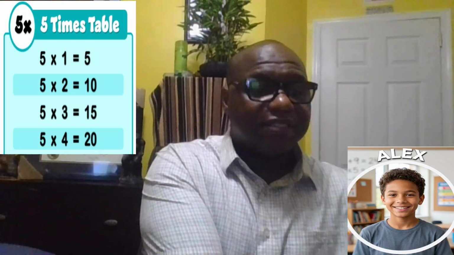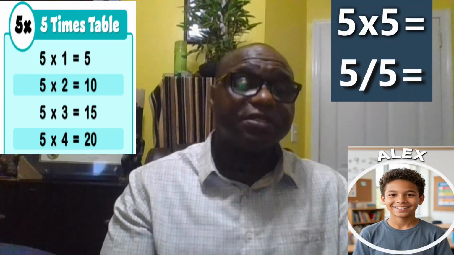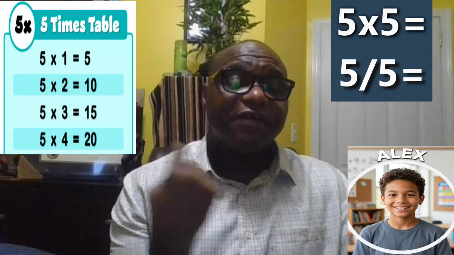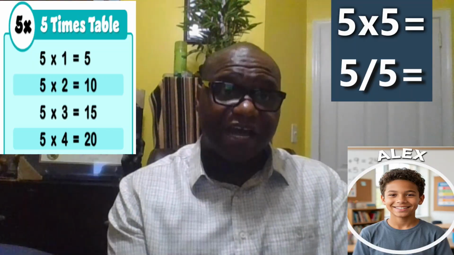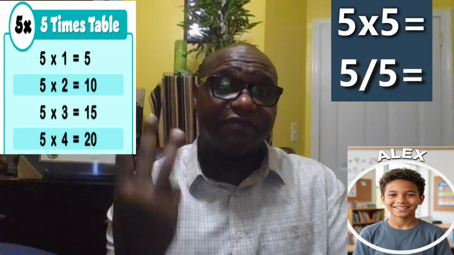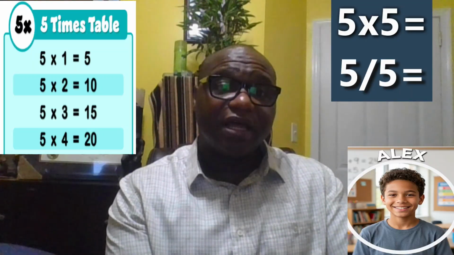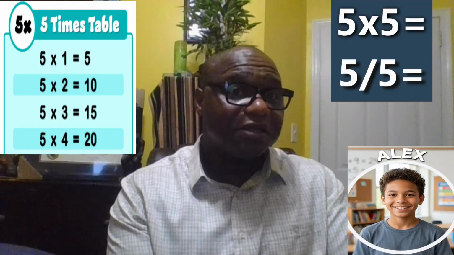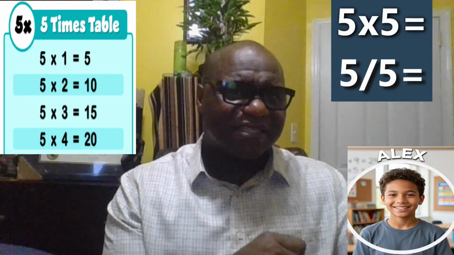We got 5 times 5. All right. And we got 5 divided by 5. Let's knock it out. Okay, let's go back to our 5 tables. So 5 times 5. Okay, do your 5 tables. 5 times 1 is 5. 5 times 2 is 10. 5 times 3 is 15. 5 times 4 is 20. All right, and 5 times 5,